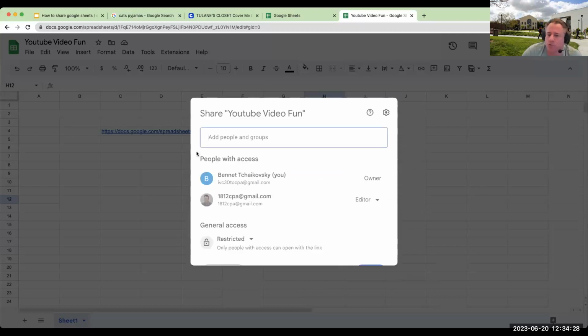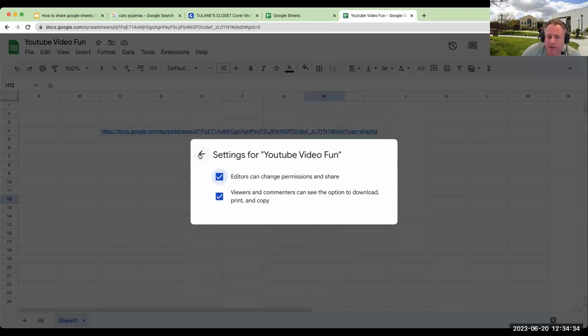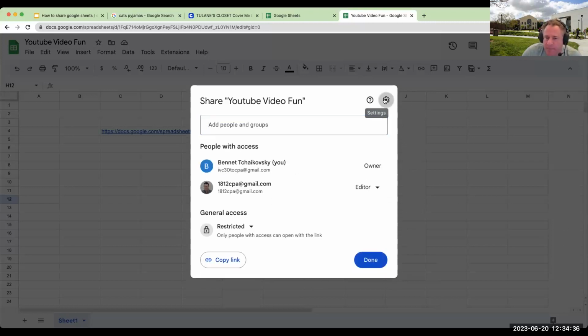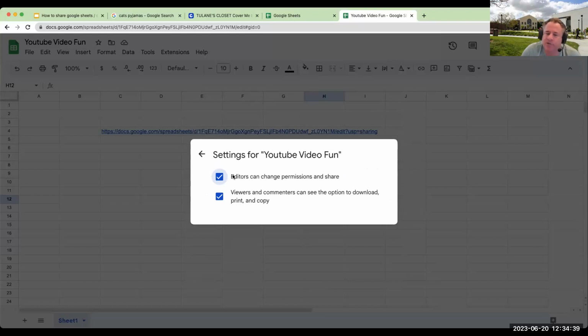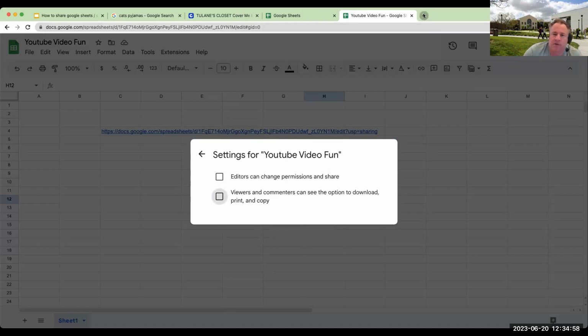Now, this is also a really important setting, right? When I'm going through and sharing documents, over here I click on the little gear box at the upper right, and now I'm going to say editors can change permissions and share. So if I make someone an editor, they can change who has permissions of the document. Over here, viewers and commenters can see the option to download, print, and copy. Now, one of the things that I have going on in a lot of my classes is